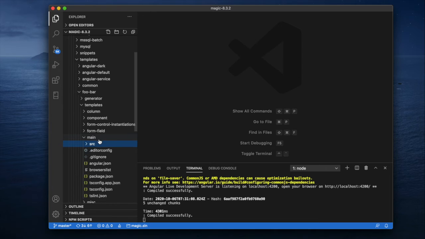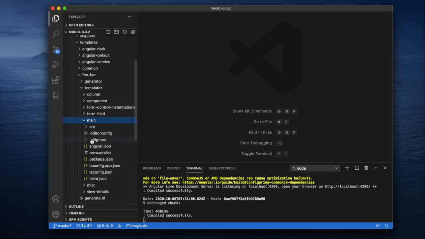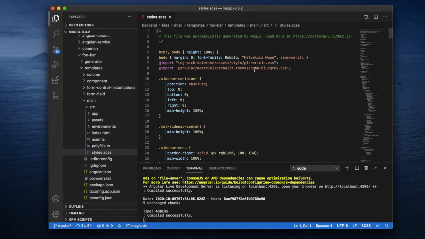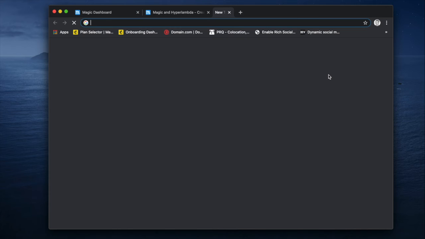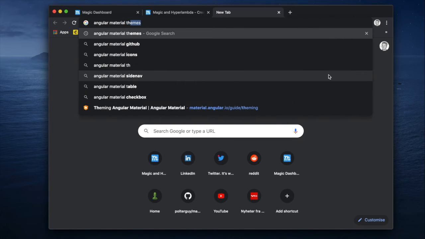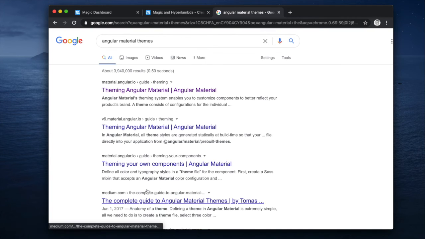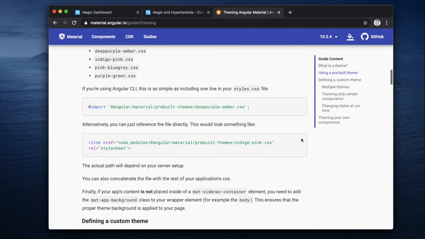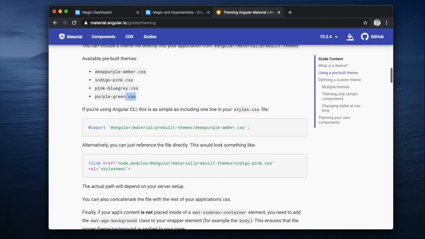We, for instance, look here inside of the foobar template we just created. We see templates, we see main here. This is the main Angular project, right? If you want to change the Angular Material theme of your template, here you go. Currently it's pinkbluegray.css. Of course, if you Google Angular Material themes, you will find a list of all the available themes that Angular Material provides out of the box, in addition to a recipe of how to create your own. If I want to use the indigo pink instead, maybe that's the only change I want to do,